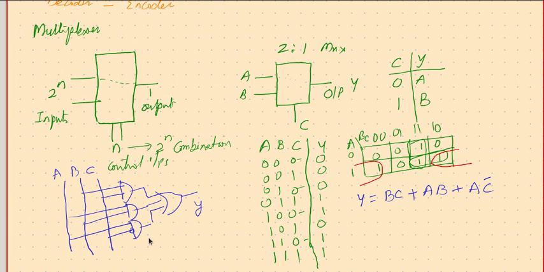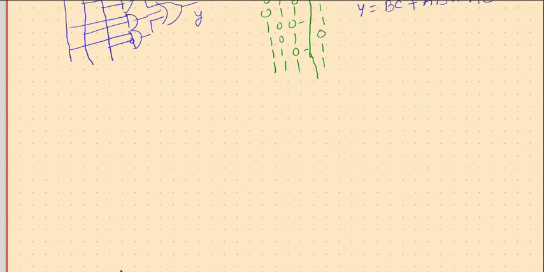So this whole circuit is one 2 to 1 multiplexer, and this can be rearranged in this fashion. A and B are two inputs, and C is the control line, Y is the output. Extending the same logic, now we can talk about a 4 to 1 multiplexer.